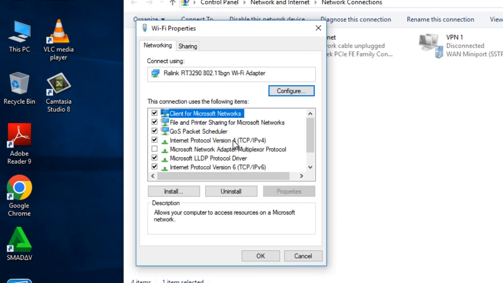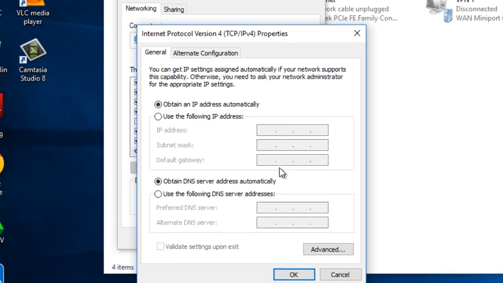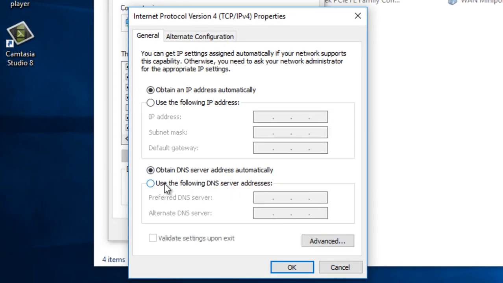On the list, select Internet Protocol version 4 and click on Properties. There, click on Obtain the following DNS server addresses. Under Preferred DNS server, type Cloud DNS address 1.1.1.1 and in alternate DNS address, type 1.0.0.1. You can also use the Google DNS